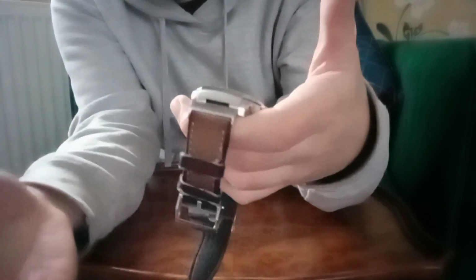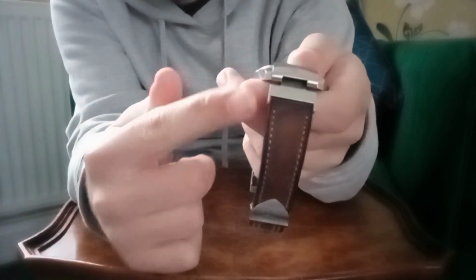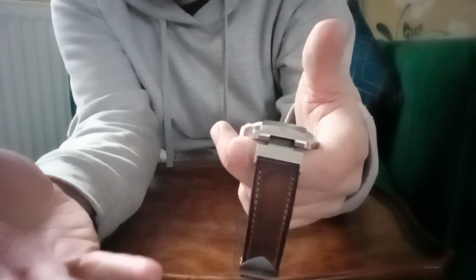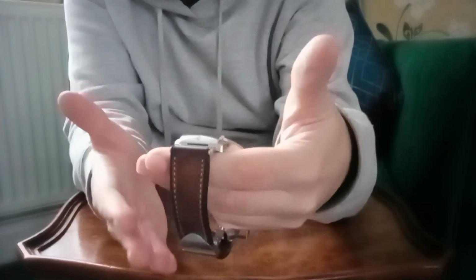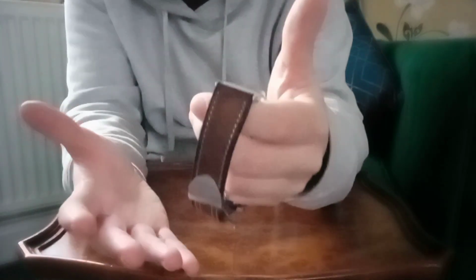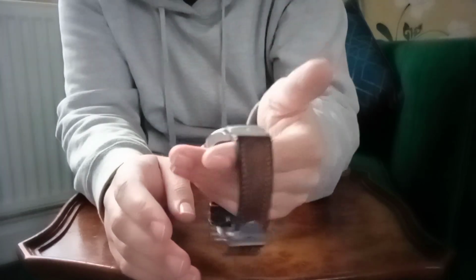Now, I've got to admit, wearing this watch for 2 years, the strap has aged quite nicely. It's still looking very nice. It's sort of gone a darkish brown. If you've seen the P01 in Jeweller's Windows, you'll have seen that the strap is a little bit lighter, but it has been washed and it has been used, so it has gone a little bit dark brown. But I like that. I think it looks really nice how it is, and just overall, the design of this